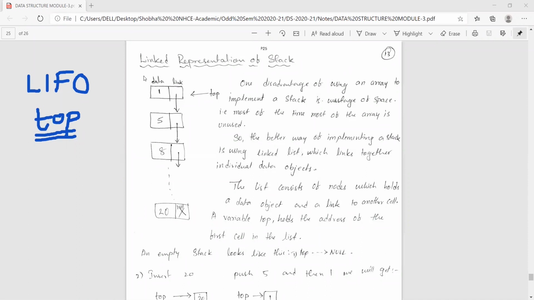One of the drawbacks or disadvantages of using an array implementation of stack was wastage of space. If I give A of 100 in the declaration and I use the array only to store 10 elements, then the memory is wasted.